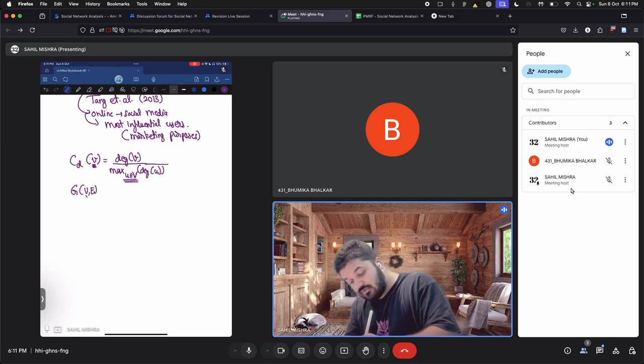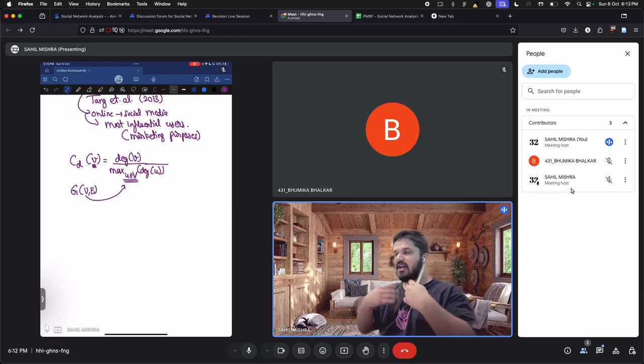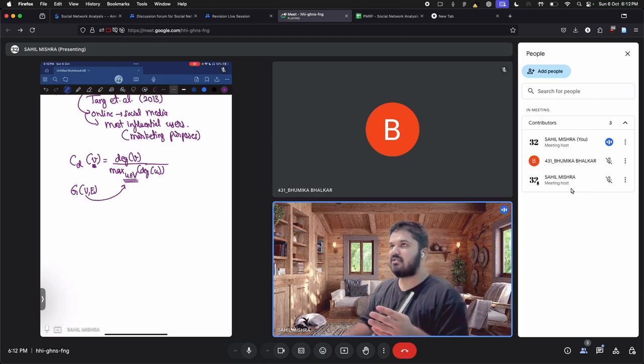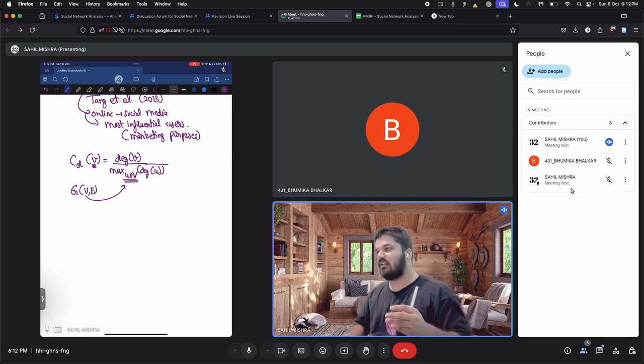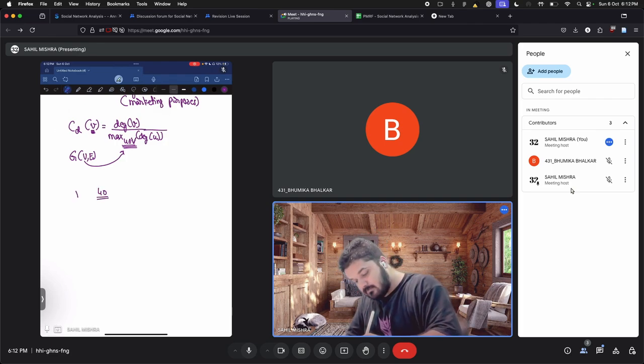This V is all the nodes present in the network. We take all the nodes, compute their degrees, select the node with maximum degree, and check how much degree a particular node has compared to the node with maximum degree. So based on that, we determine whether this node is, say, there is a node which has degree 40 and this is the highest degree, max,